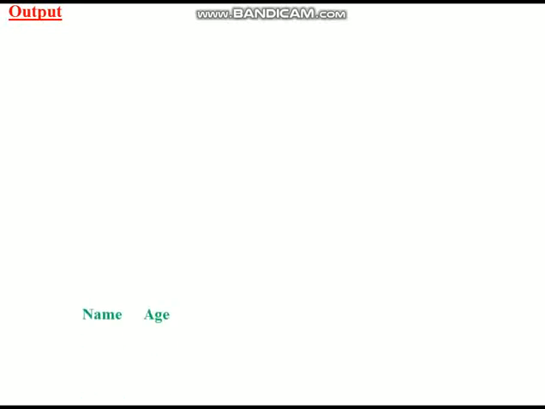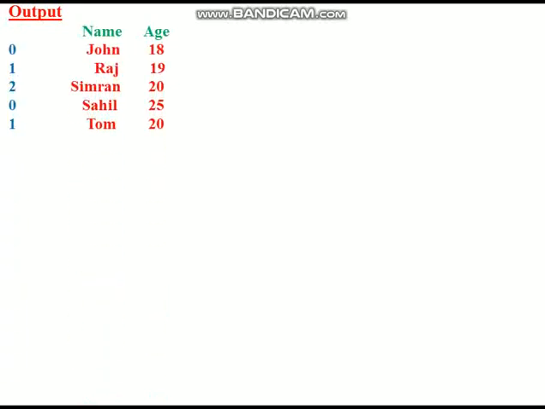It will display the column names, name and age, index 0, 1, 2, once again 0, 1. In the name column John, Raj, Simran, Sahil, Tom, and in the age column 18, 19, 20, 25, 20 appeared.